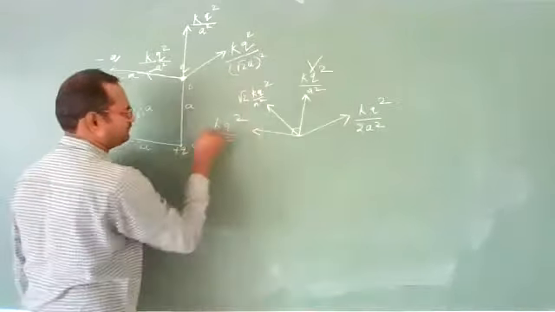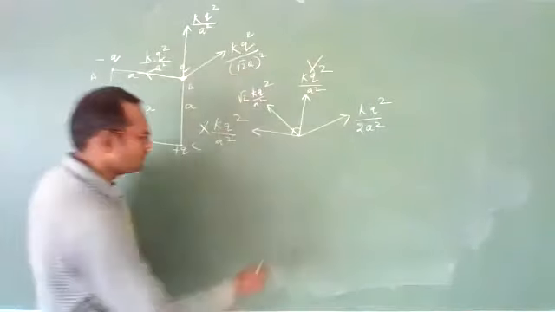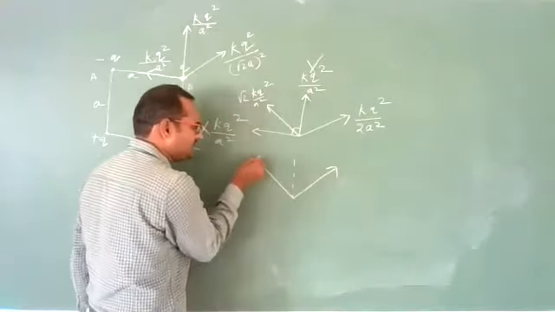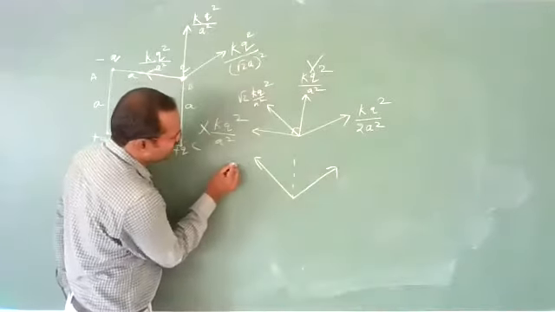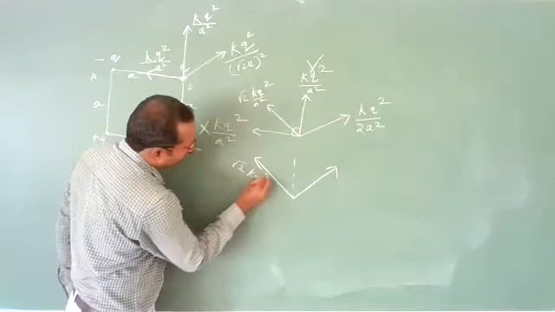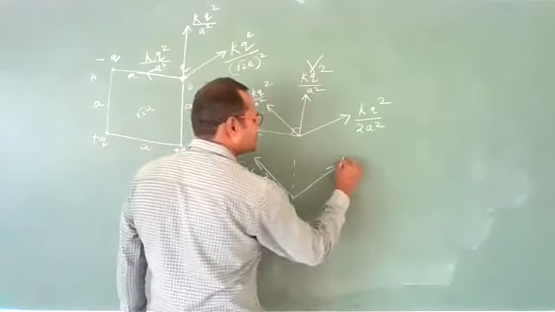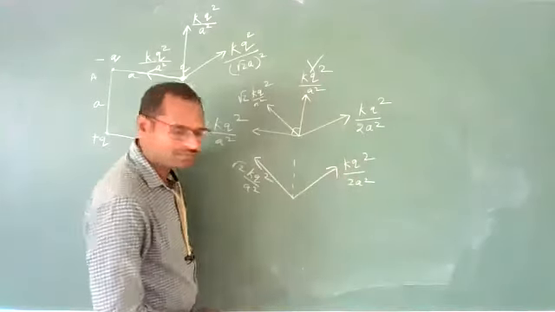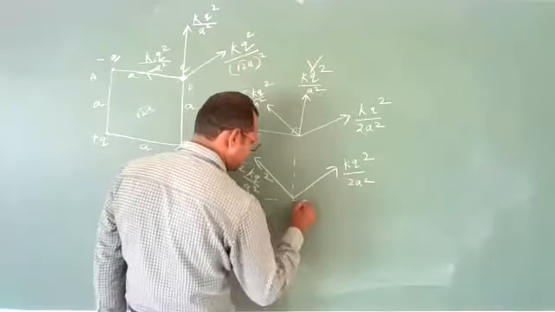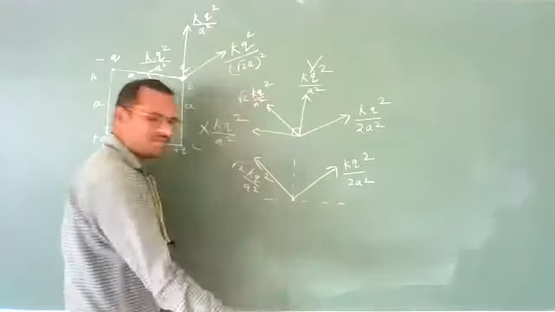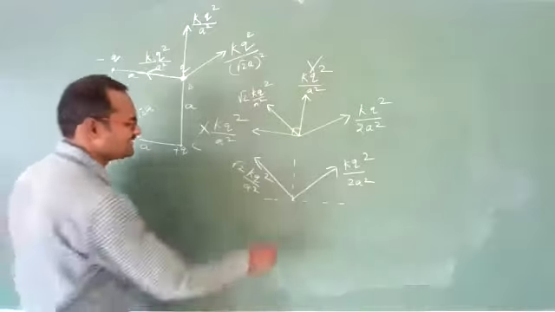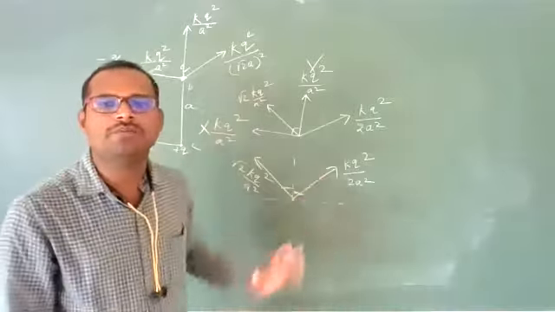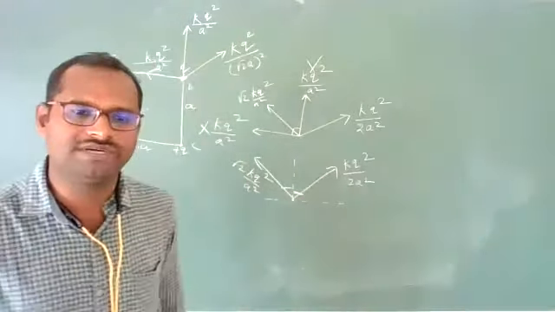Now these two are not there. Now two forces: one is like this, another one is like this. This value is √2 times K Q square by A square, and this value is K Q square by 2A square. Let us suppose this is the horizontal axis. Now what to do? A simple technique. This is exactly 45 degrees, and this is also exactly 45 degrees. Resolve them into components, and you will get the answer.